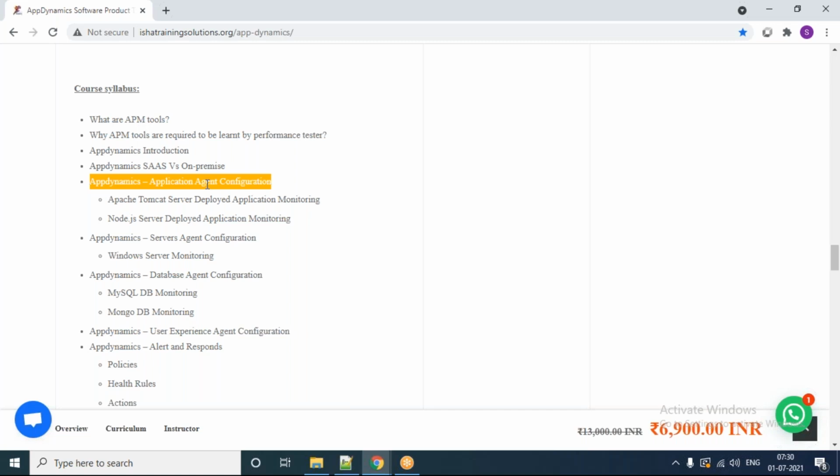When you are providing traffic to that application, we will see how the traffic is captured by the agent and how it is sending the data back to AppDynamics. That understanding also we are going to get. So there are two different application agent configurations we are going to learn.